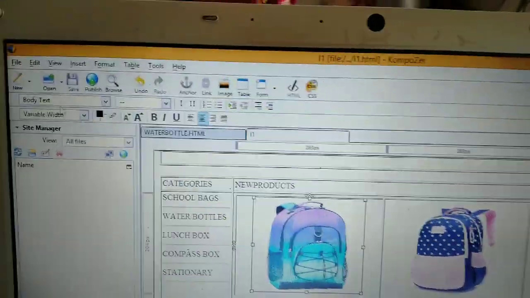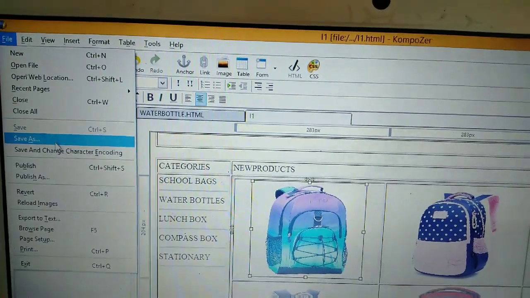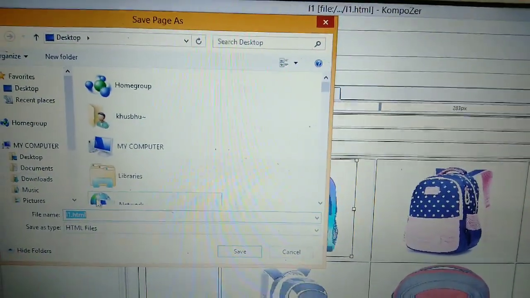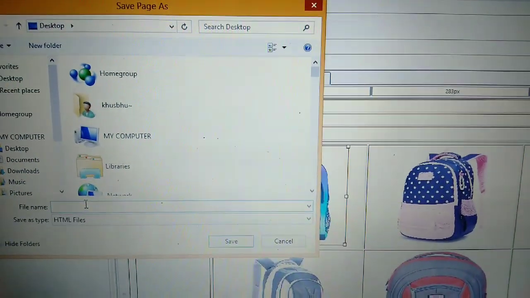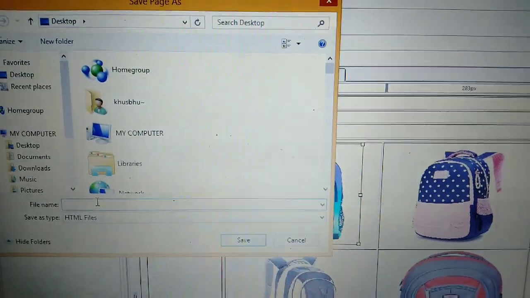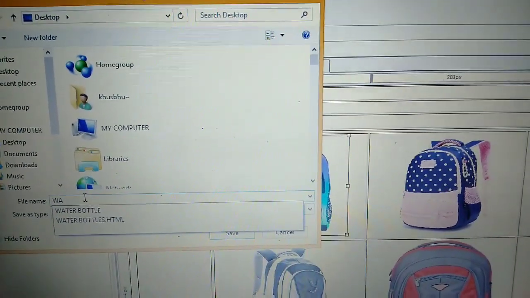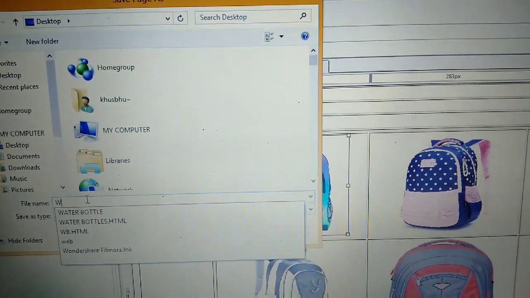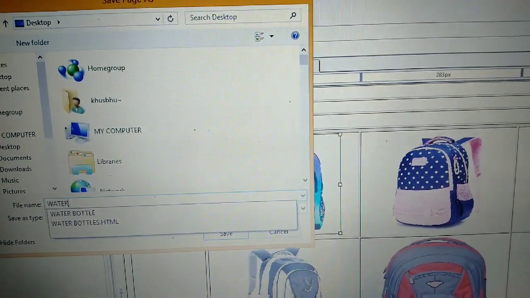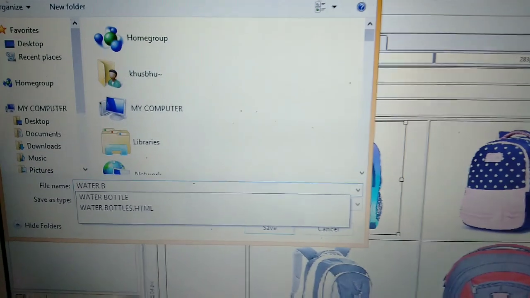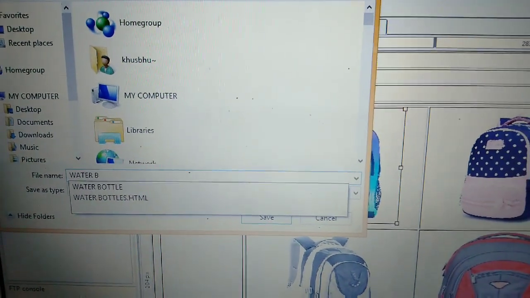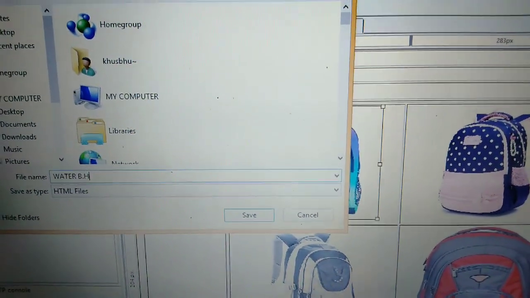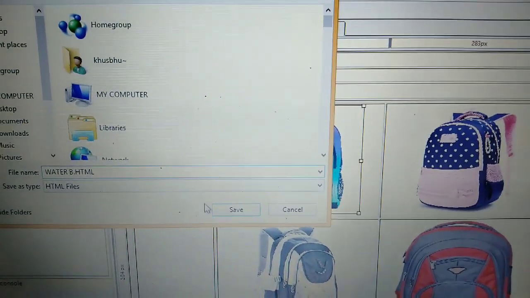School bag is ready. Now I want to create water bottle. So save as. Second page, that is water bottle. I have already created a water bottle page, that's why I am giving waterB, because I have already given water bottle.html, so I am giving waterB.html.